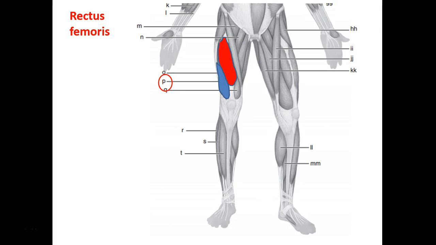Let's label P. Running beside the rectus